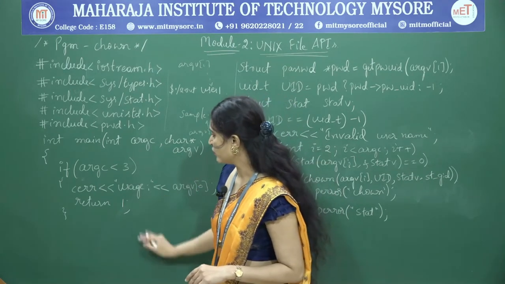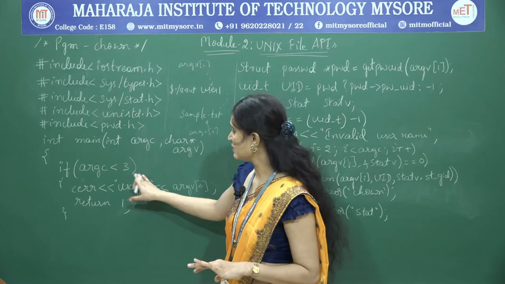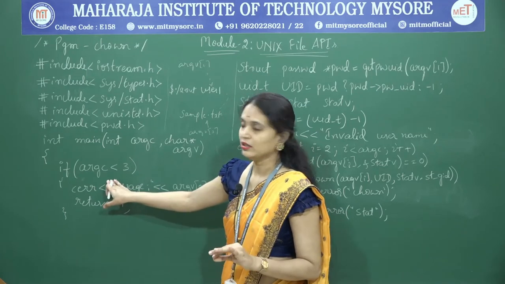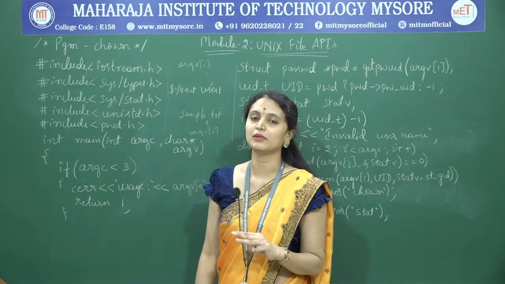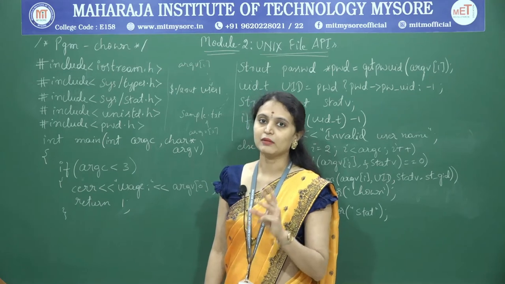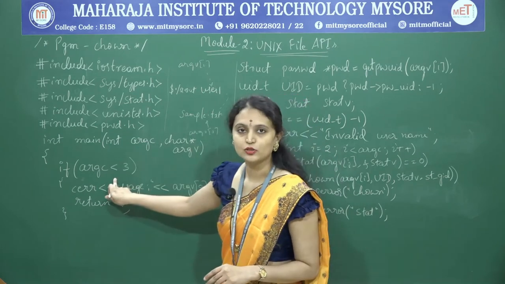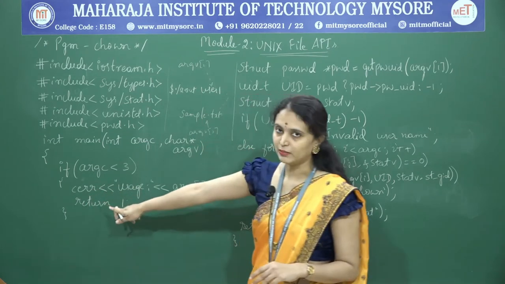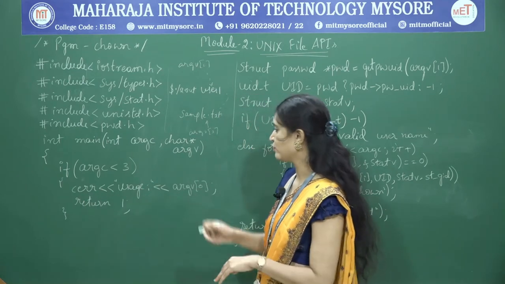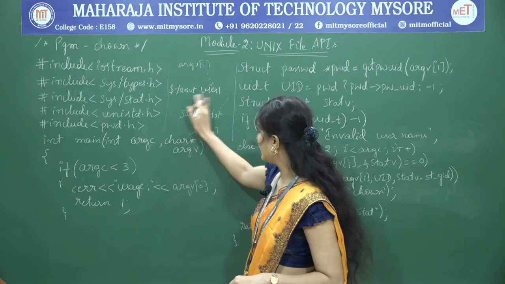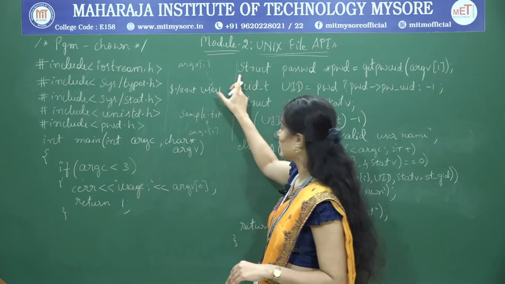Here, the first step is that I am checking whether the argument count is less than 3 or not. If it is less than 3, that means there is an error. This program should have at least 3 command line arguments, including the command. So here 1, 2, 3. If it is less than 3, then I use the error function to print the error message, saying usage, argv of 0. Otherwise, if the inputs are given properly, this condition will fail and control will come here.